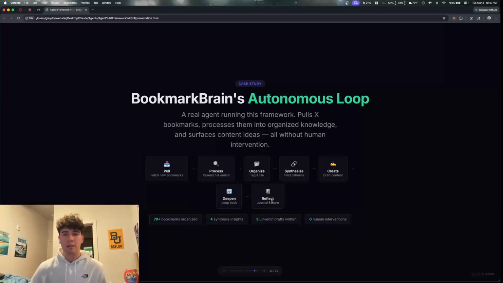It'll read the bookmarks and write me some angles for LinkedIn just to help give me some ideas. But the best thing, for me, is it gives me a knowledge bank of things that I would have forgotten about or would have got buried in my bookmarks. But now I have an organized folder of what I've got from it, and I can read those and get inspiration. As you can see here, 70 plus bookmarks, 4 synthesis insights, 3 LinkedIn drafts, 0 human intervention,